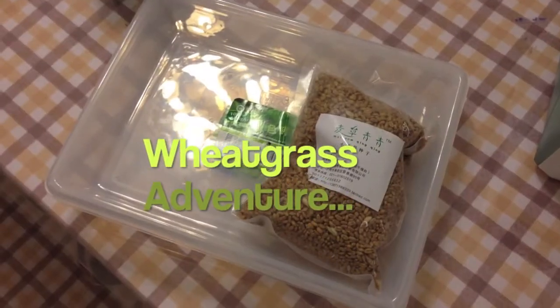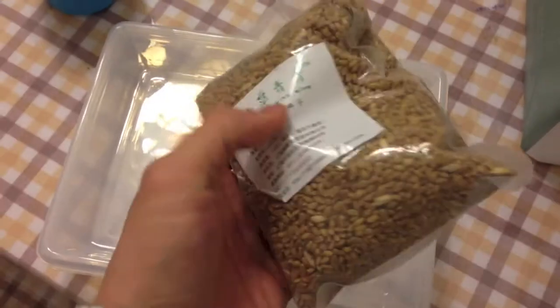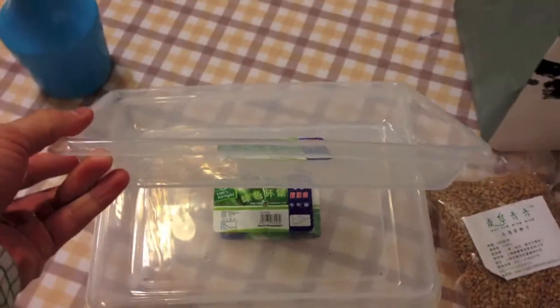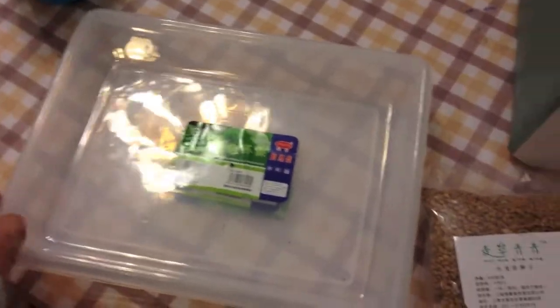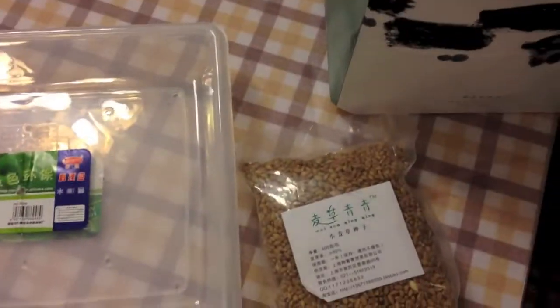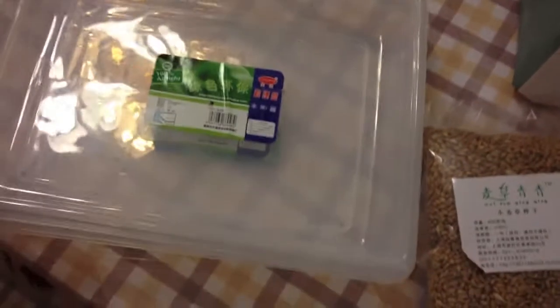I bought a wheatgrass kit. It comes with 400 grams of seeds and 3 trays. The trays you can put soil in, or it doesn't need soil for planting the wheatgrass. It also comes with a spray, and altogether it costs